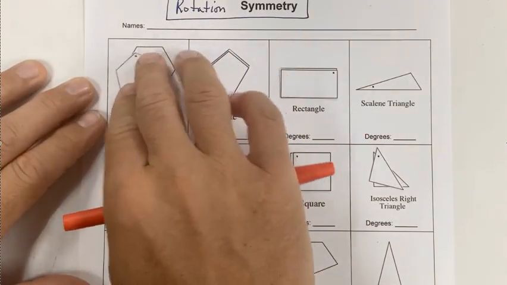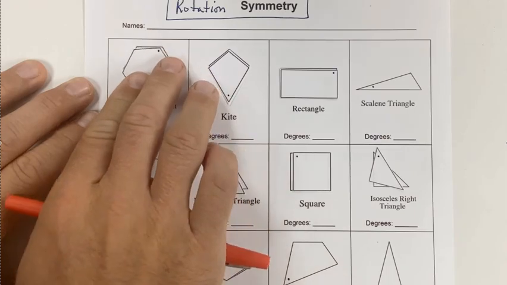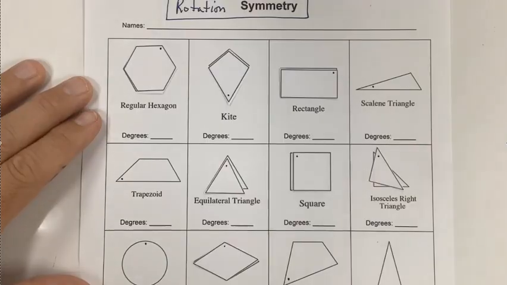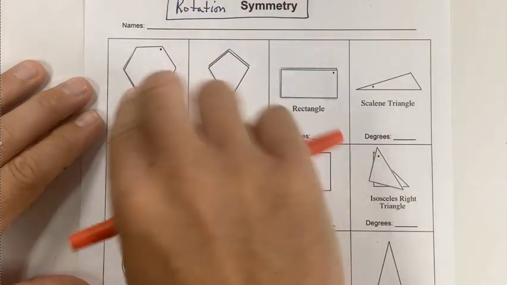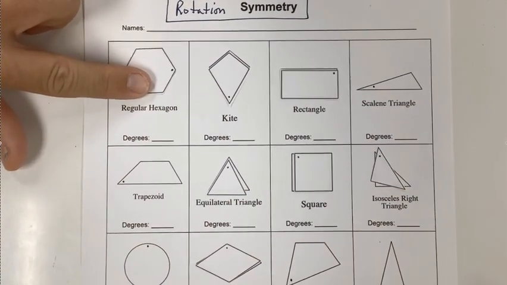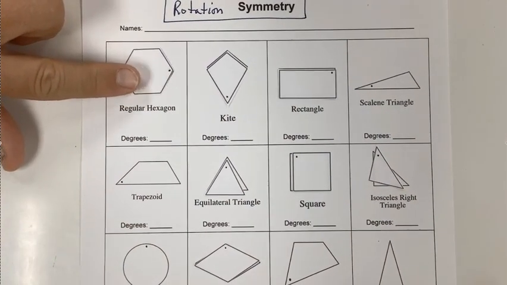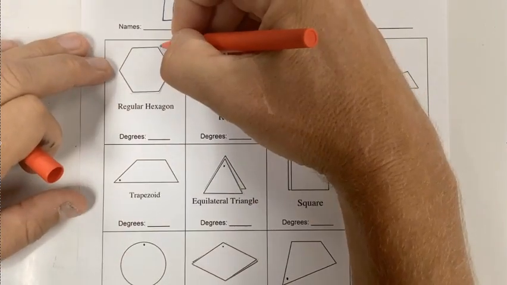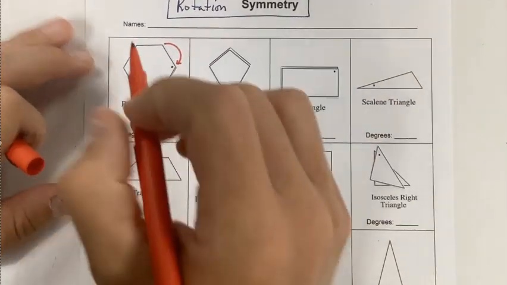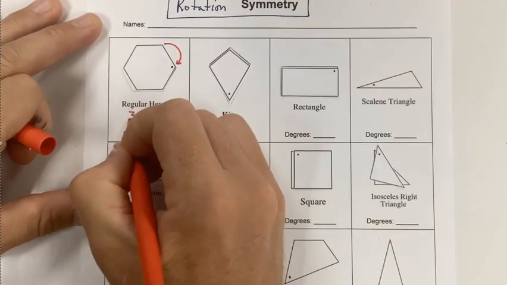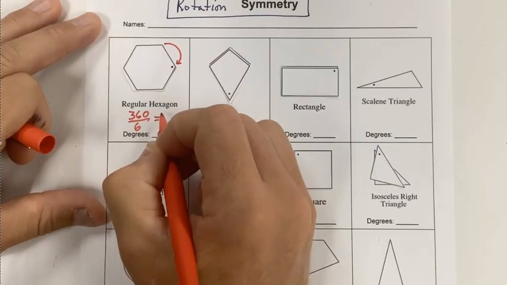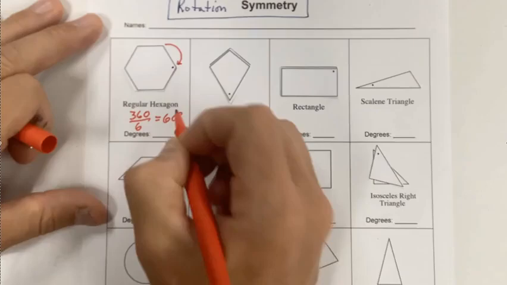So this thing has an order of 6, as it's mentioned sometimes in some websites about how you describe the rotation symmetry. But in our class, we're going to talk about how many degrees do I rotate this thing until it actually hits the next line. I'm sorry, until it snaps back in place. And in this case right here, if you rotate this thing from here, where that dot was, to right there, you'll do that 6 times. If you take 360 divided by 6, you'll get your degrees of rotation. What that is going to end up equaling is 60 degrees is what the rotation symmetry is going to be